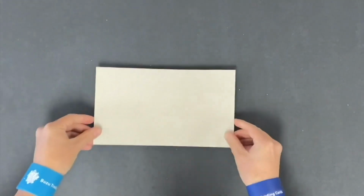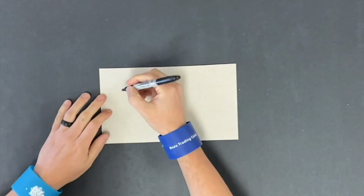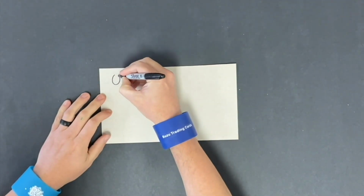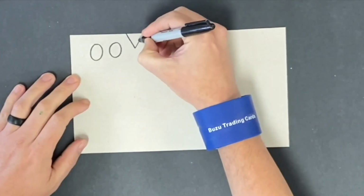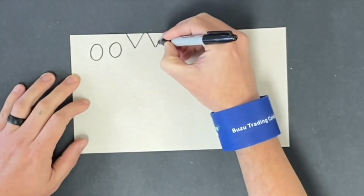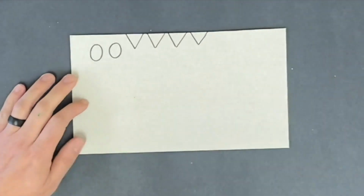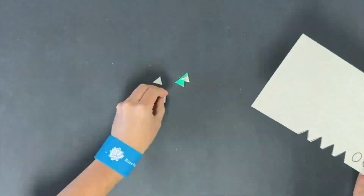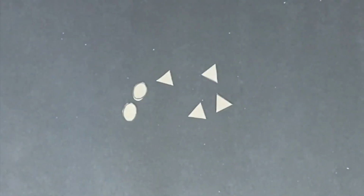Get out a piece of chipboard and using a black marker, draw 2 ovals and 4 triangles. These are going to be your dragon's teeth and nostrils. Of course, if you would like to make more than 4 teeth, I say go for it, but be sure to hold them against your puppet first just to make sure there's room. Once drawn, cut these shapes out with your scissors